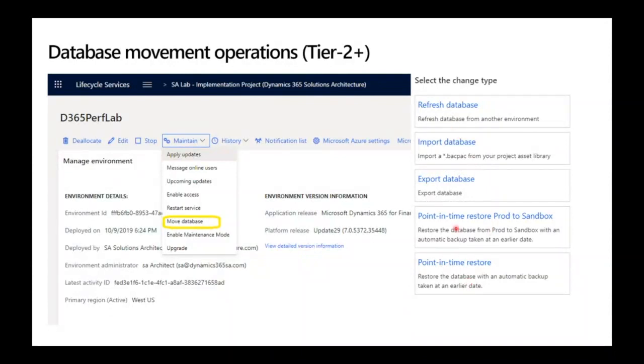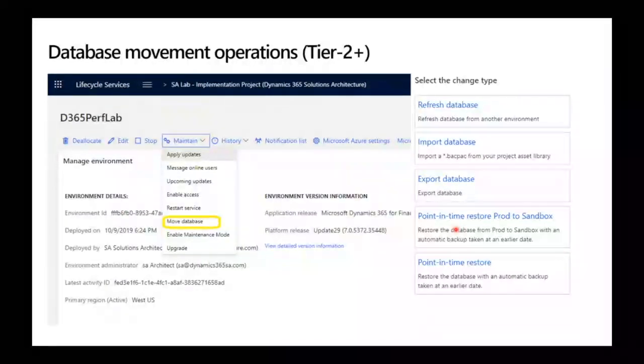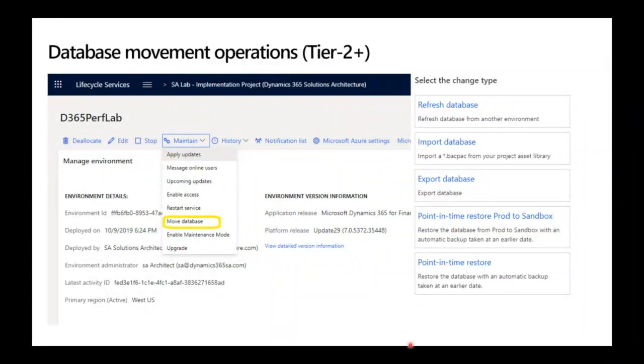Also for the refresh database, the point in time restore, or operations which are creating a new database, they start with a new history. So the old database, including all its history, has been destroyed by those operations. This is for any tier 2 or higher, so tier 3, 4, and 5, but we're always talking about non-production